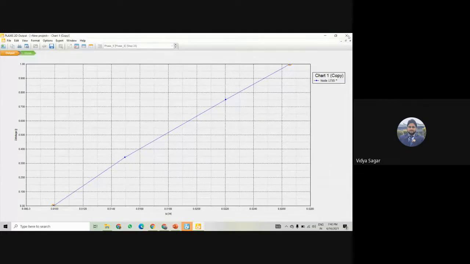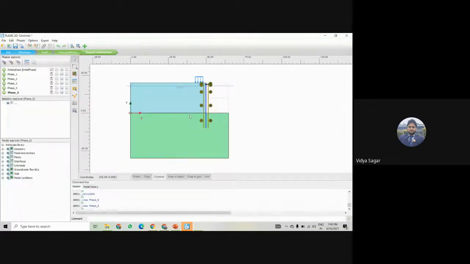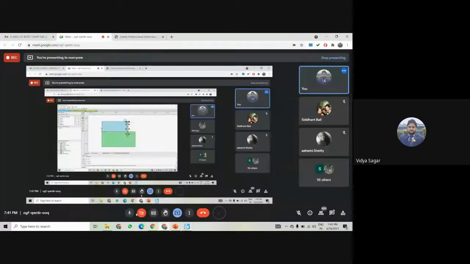check for phase 3 also, same thing you can do for the oil, and then you can check how the different phases are showing the results. So that which I created was the combined curve, right? So this is all about the submerged construction of an excavation. Okay, is it?